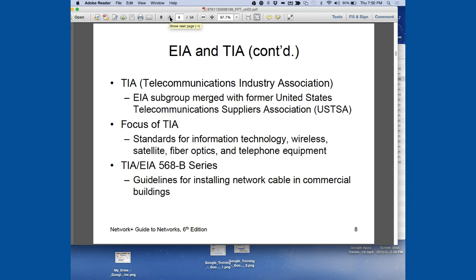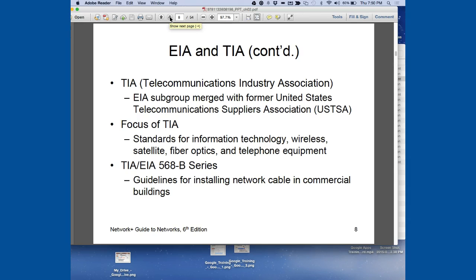These are the folks that actually come up with the guidelines for our cabling, our Cat5 cabling, called the TIA EIA 568B series. You'll actually see this on Cat5 cable in little dotted black text. It'll tell you what the series is, 568B, 568A, and it's guidelines for installing network cabling